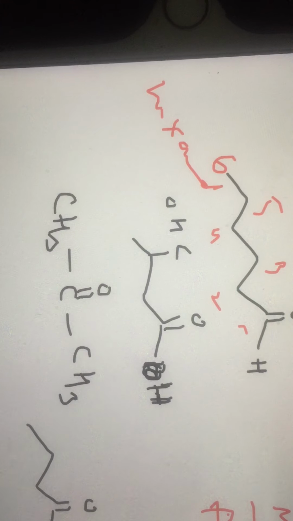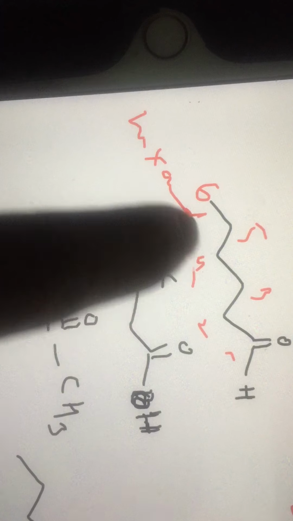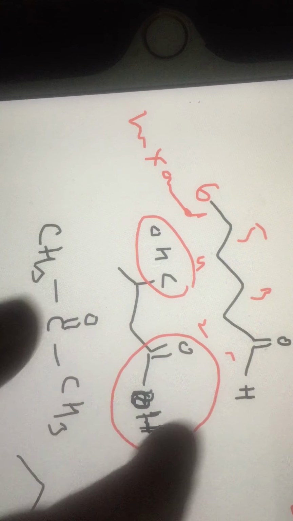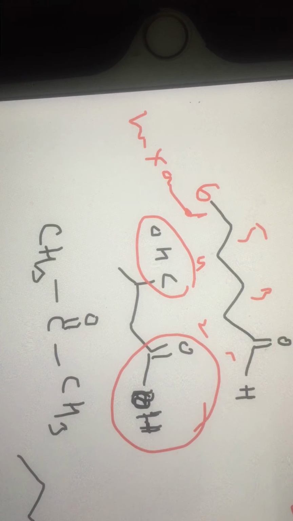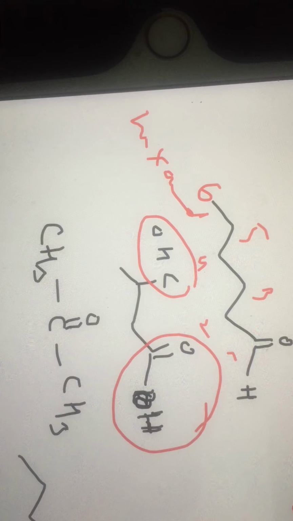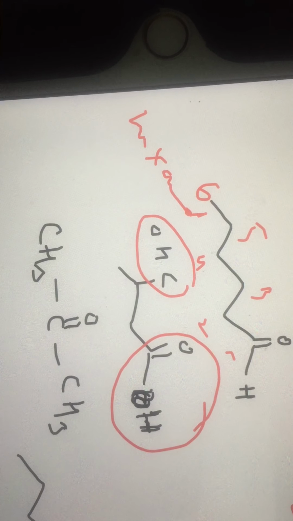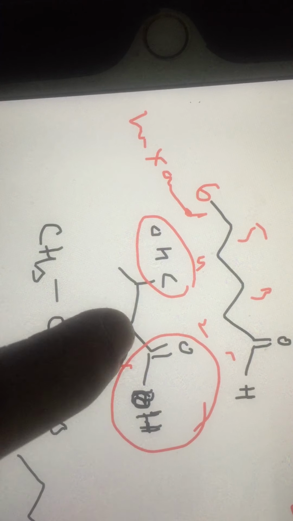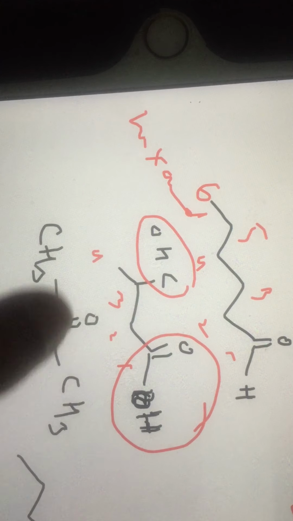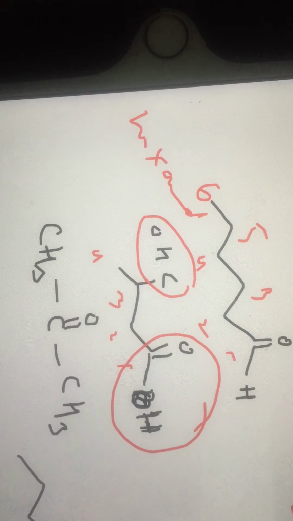Look at this compound, very crazy. It has an aldehyde group and a COOH group. If it has two functional groups, the name ends with the most important functional group. I already said carboxylic acid is most important. So definitely it has 1, 2, 3, 4 carbons. So it is butanoic acid.